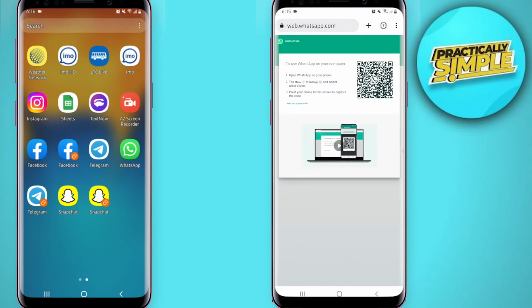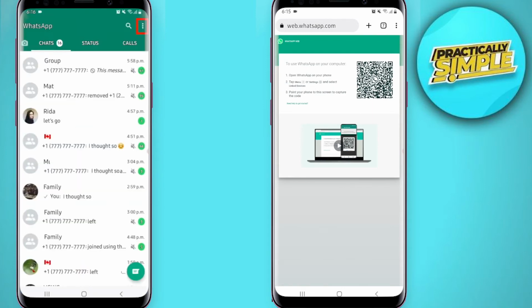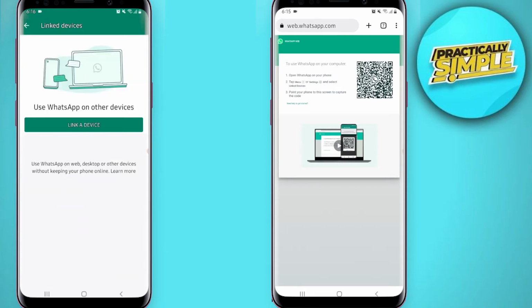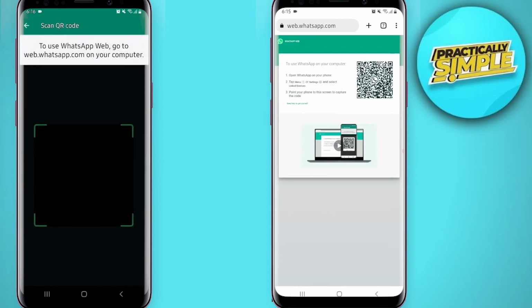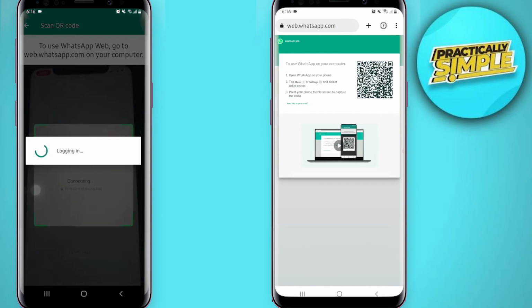Now what you need to do is open WhatsApp on the first phone, tap on the three dot icon and then tap on link devices. Now tap on link a device and you will need to scan the QR code that was displayed on the second phone. Once you scan the QR code, the page will refresh and load your WhatsApp chats and messages on